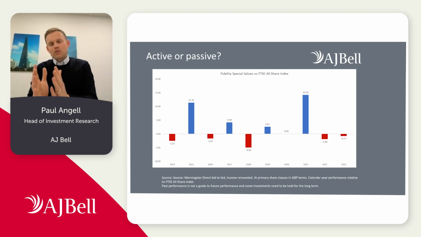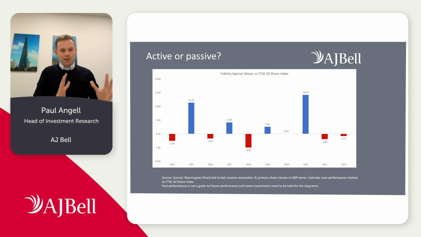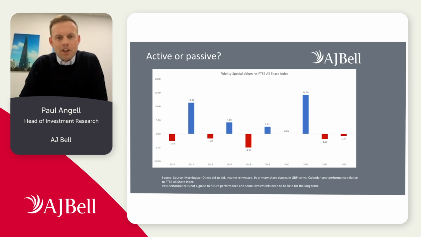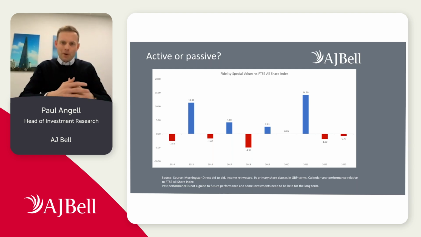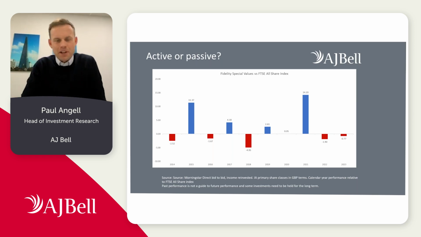But then as we stretch the time horizon out further back, we see, oh no, hang on, 2021, a huge amount of outperformance. 2019 outperformed again. 2018 didn't, or maybe that's the time we think, no, not a great fund. But 2017, a good year again. You see the point. We have to look as longer term as possible to assess the quality of our managers and to assess their track record.